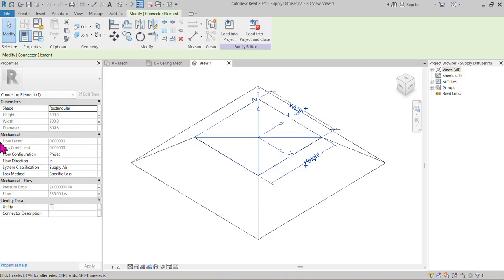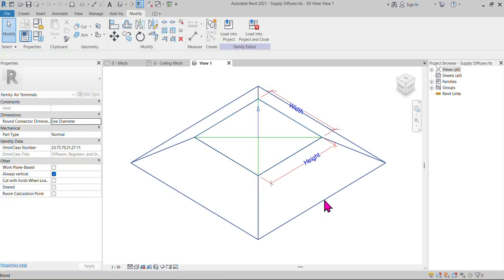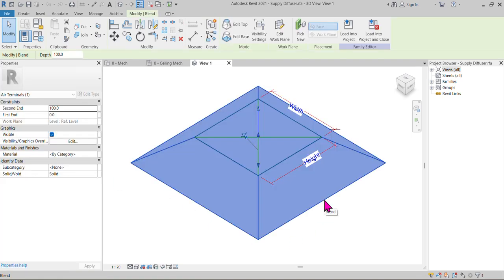you can find all the properties related to the duct, and it's called project parameters. You can find the system classification and everything is available here. After that, when you select this one in the model, here they mention air terminal, and you can find all the details. So when you edit this one,